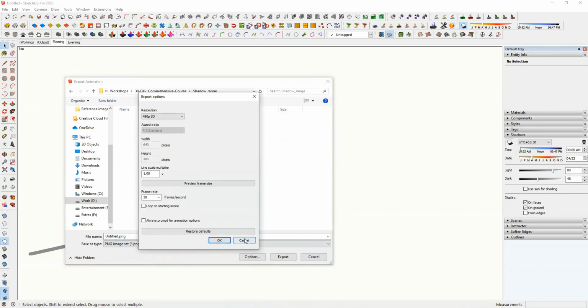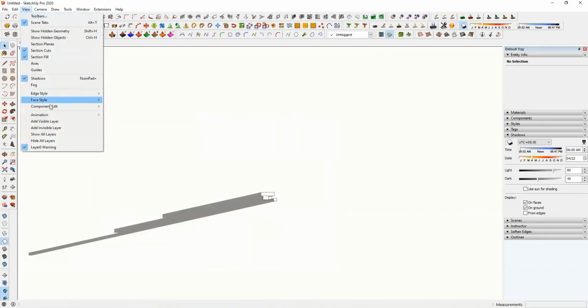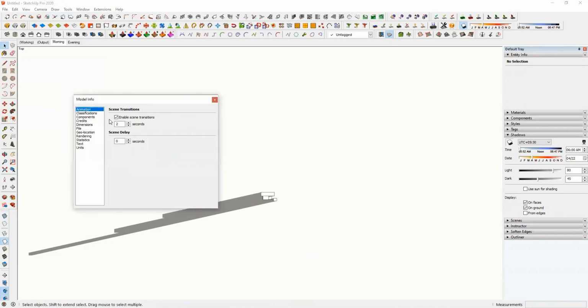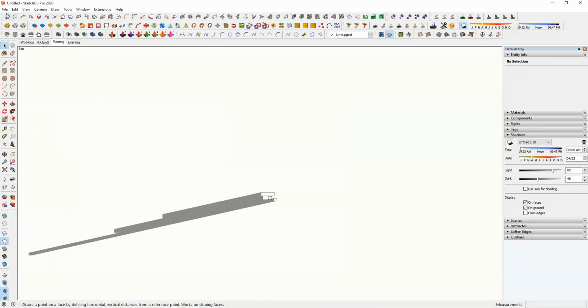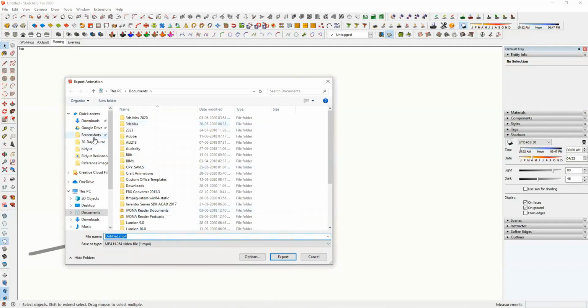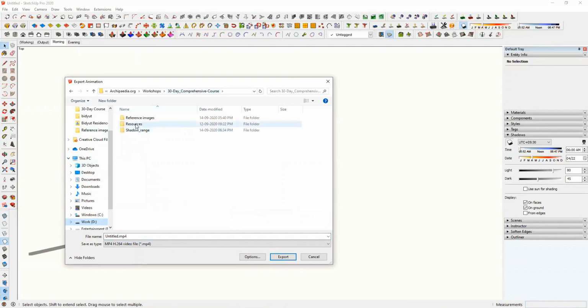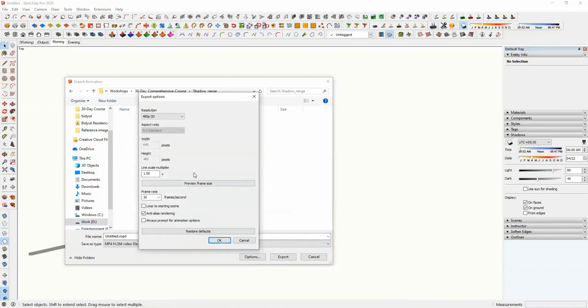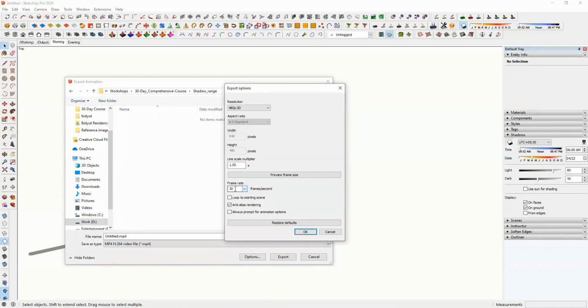Now since we have, I will have to show this. If we have 2 seconds for the scene transition, depending on that we will have to set our number of frames. So I will have 1 second for scene transition so that it is easier to calculate, and export the animation in the same folder, shadow range, and here. So we know that we have 13